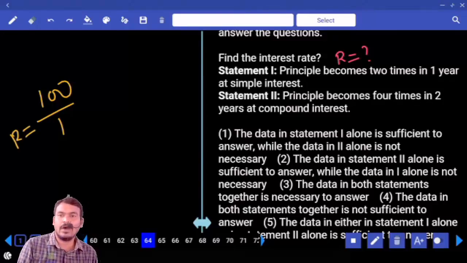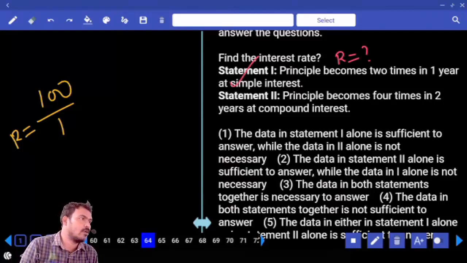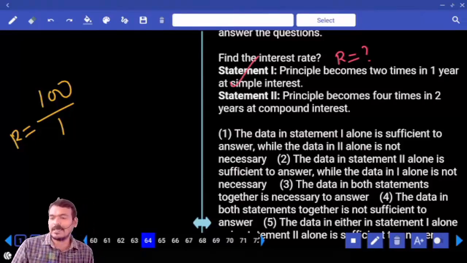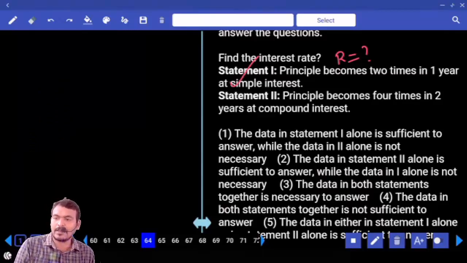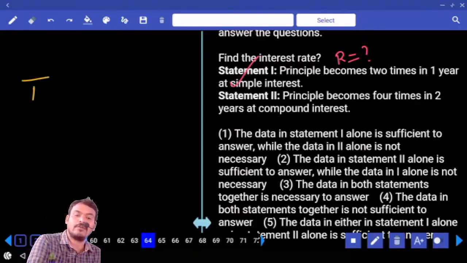100 by 1. Statement 1 alone is sufficient, or not? Okay. 1 alone is sufficient, or not? Next, the second statement: the principal becomes 4 times in 2 years, at compound interest or simple interest? Compound interest. The principal becomes 4 times. Suppose the principal value is 1 rupee, the amount value is